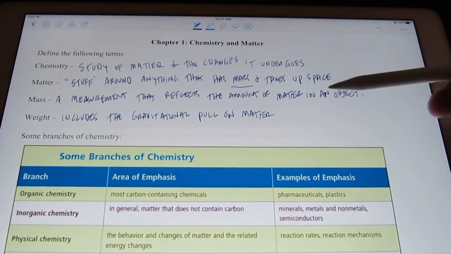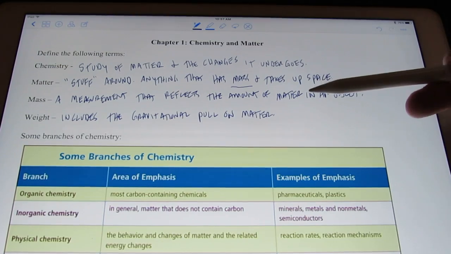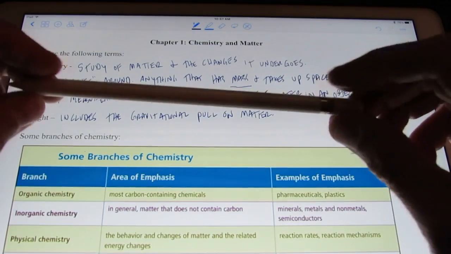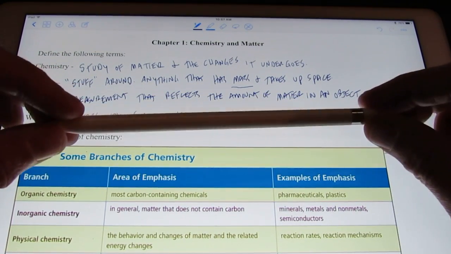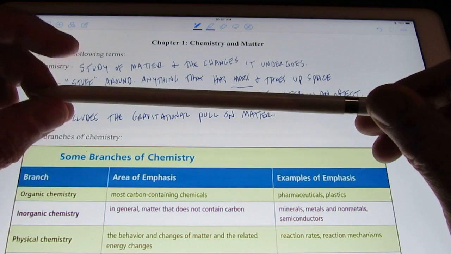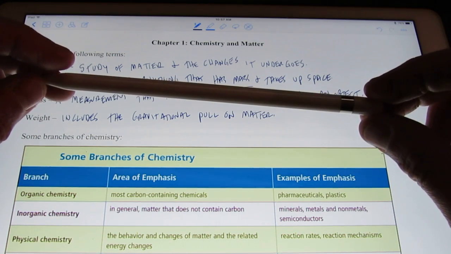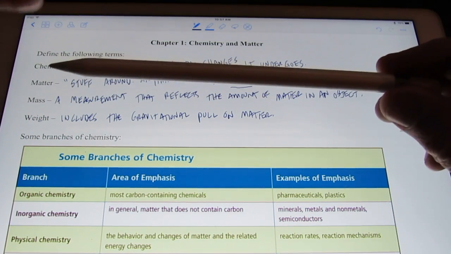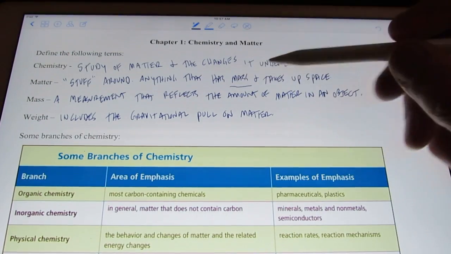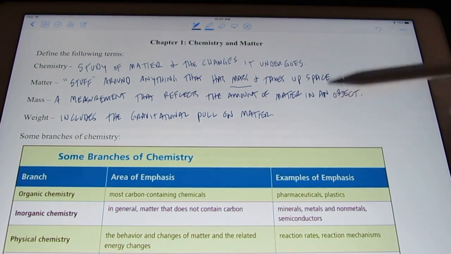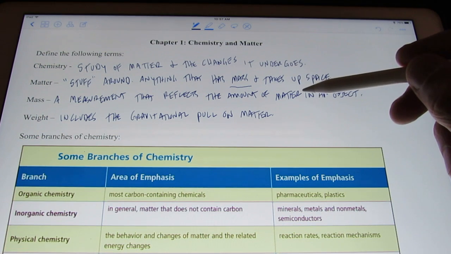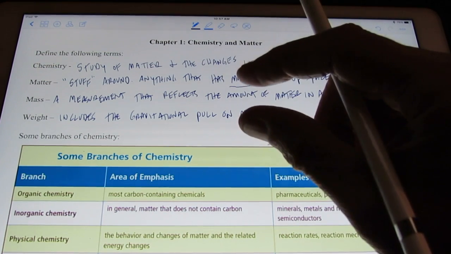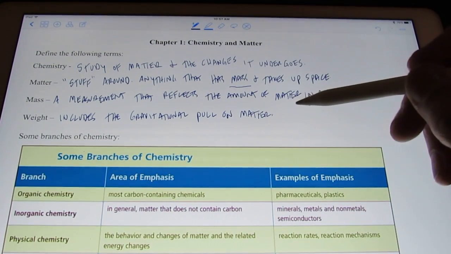So while the amount of mass in an object would be constant in the universe, so for instance this Apple Pencil, the amount of matter in this object here on Earth would be the same as the amount of matter in this Apple Pencil on the moon. However, the weight would be different because the gravitational attraction for this Apple Pencil on Earth is substantially different than when it would be on the moon. So it would be more appropriate if we use the term mass. Now, the unit that we like to use to measure mass in is the kilogram. In fact, oftentimes in chemistry, we use a smaller version of that mass unit called the gram,